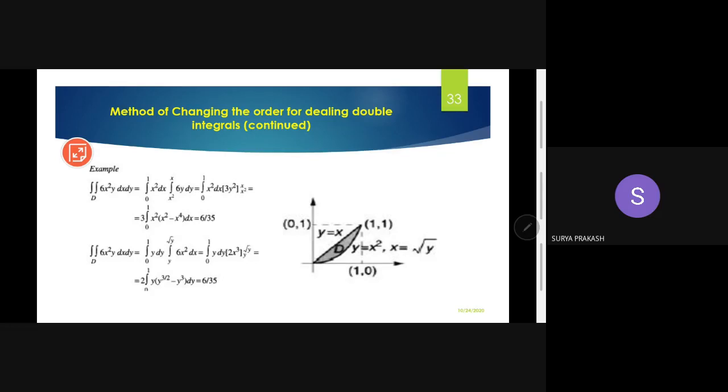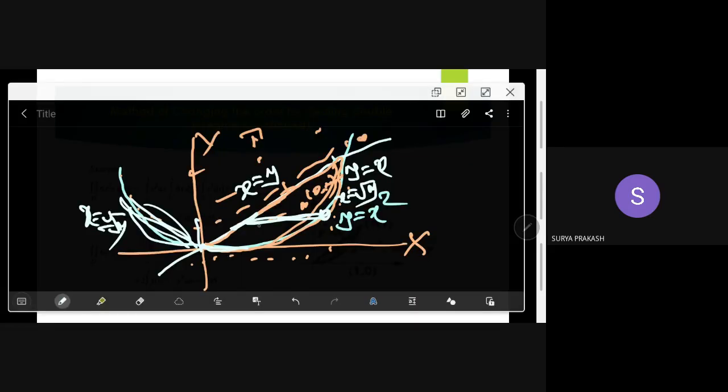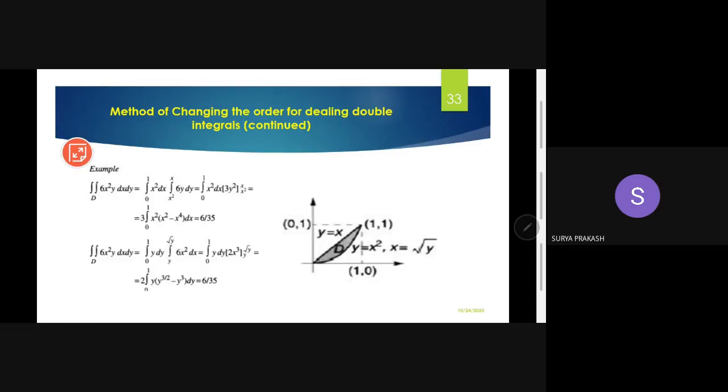Then what are the values? So you are moving the strip along the y-axis. Here y value is 0. Here y value is 1. How do I know that is 1? Because the corner point is 1, 1. This region has only 2 corner points, one is 0, 0 and the other is 1, 1. So if first x followed by y, the x limits are y to root y, and y limits are 0 to 1. That's what we have told in the second part of this one.